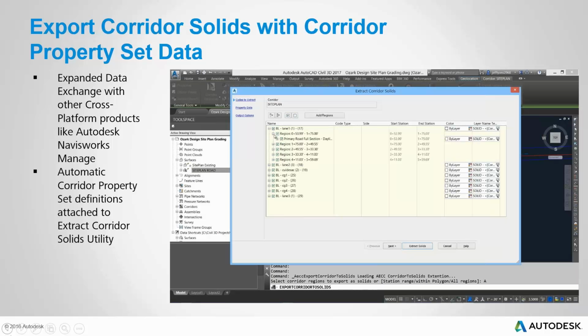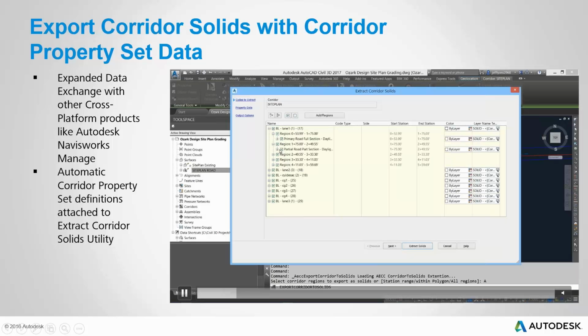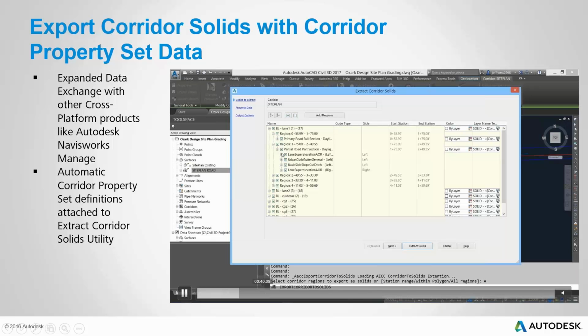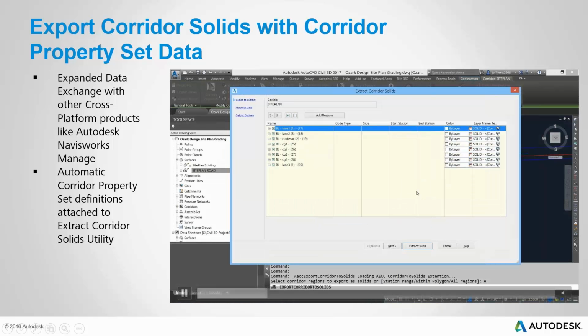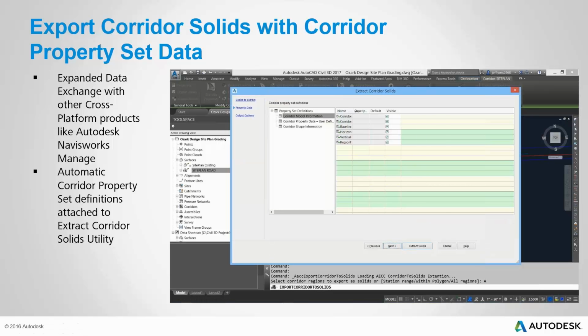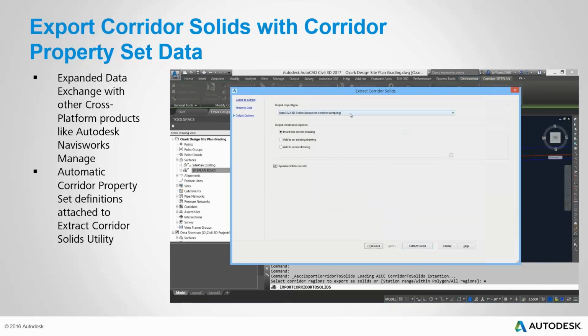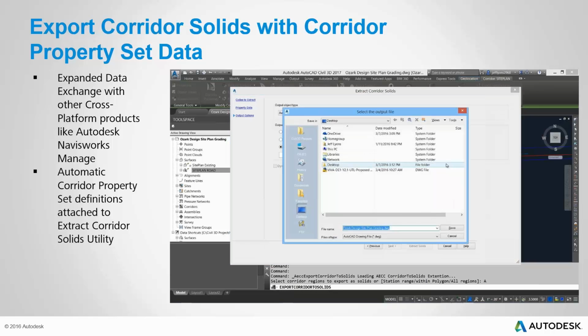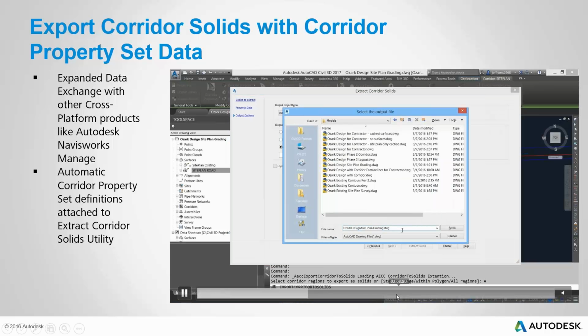So we've had this ability to extract corridor solids in Civil 3D now for some time. What we've added is some additional options when you're initially extracting the corridor, but in this case, more importantly, what we've now added is the ability to automatically associate property data or associative information. So things about the corridor, things about the subassembly shapes, and then also general information that you may want to add. So in this case, when we extract the solids, we're going to put those solids into a new drawing,